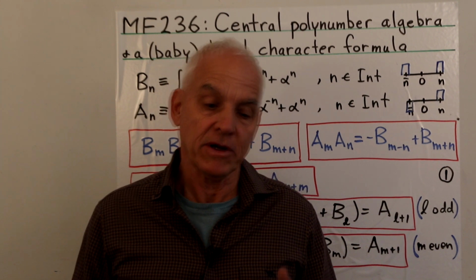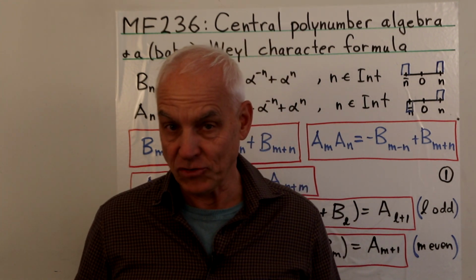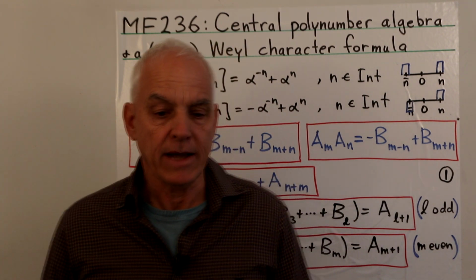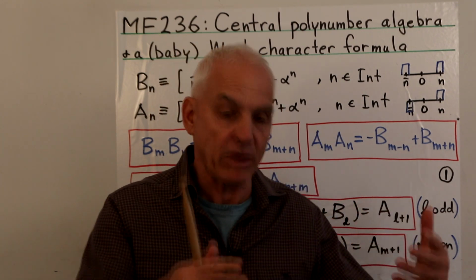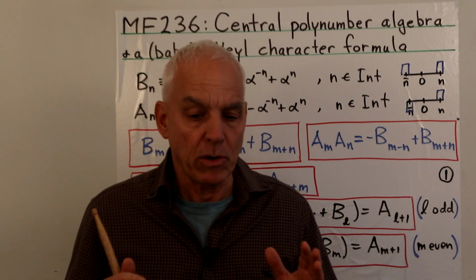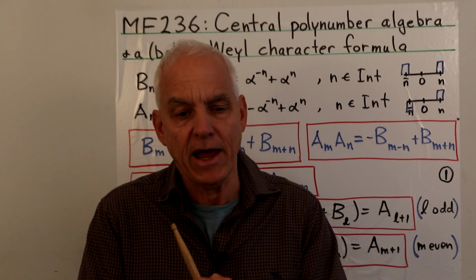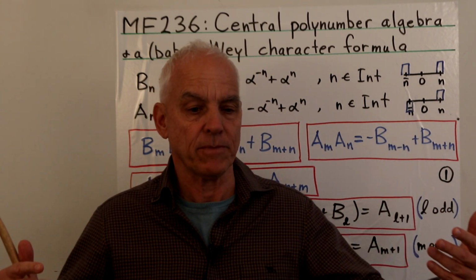Today we're going to look at a very simple case of the most important formula in 20th century pure mathematics from my point of view, which is the Weyl character formula. Now it's a pretty sophisticated result, and in general it takes a fair amount of introduction to lay out, but we're going to be able to look at a special case of it, which interestingly has a lot of the general features of the general situation.